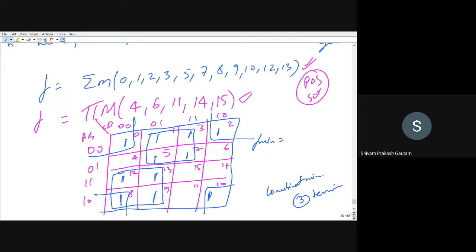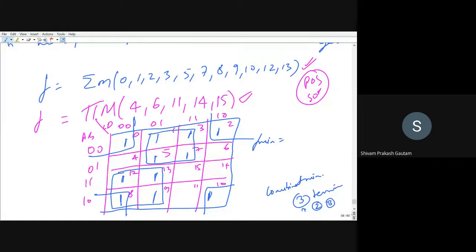Now you can take this as homework and tell me, is there any other possible way to combine this in quads so that fewer than 3 terms is possible? For example, 2 is possible, or 3 terms is also possible, right? If you go for other terms, we will see that as well.